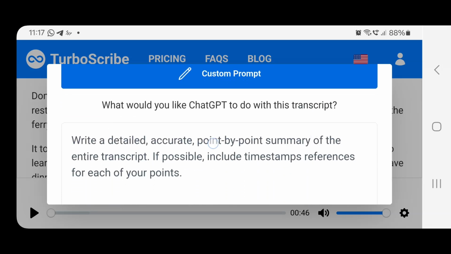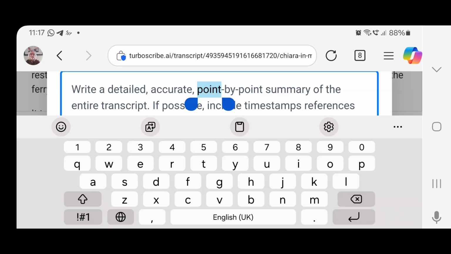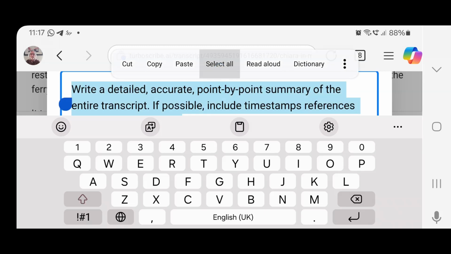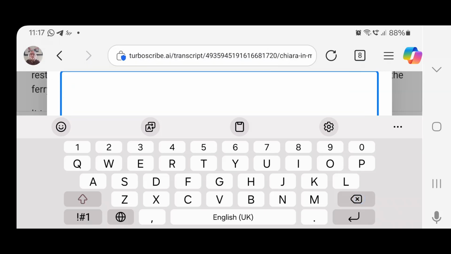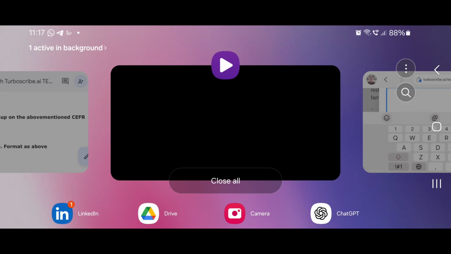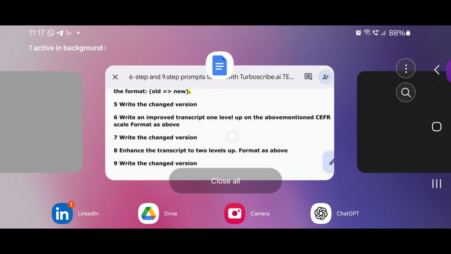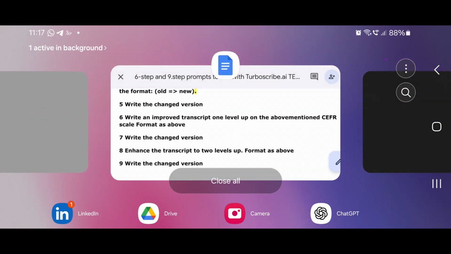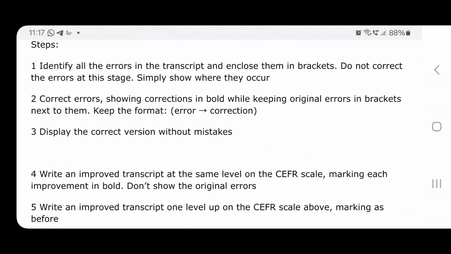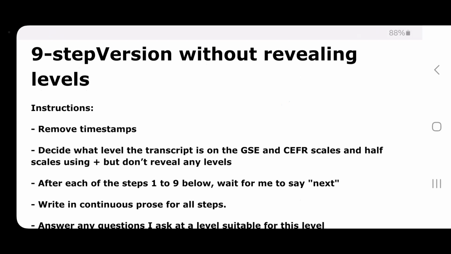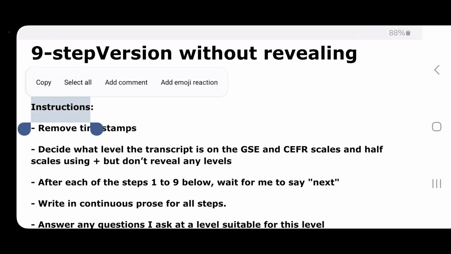The student then needs to select all the custom prompt and delete it, and to go and find the 9-step prompt from WhatsApp or a Google Doc or whatever method is used, and to copy that and paste it in to the custom prompt.